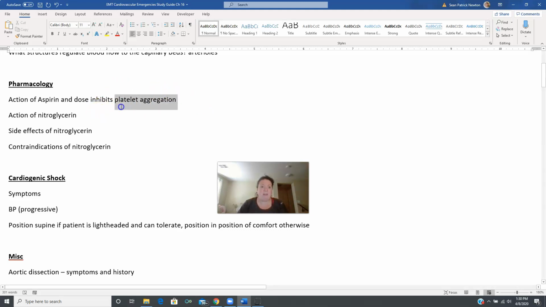Nitroglycerin. So the action of nitroglycerin is it dilates coronary blood vessels. So why do we want to dilate coronary blood vessels? Well, in a myocardial infarction, if we have a